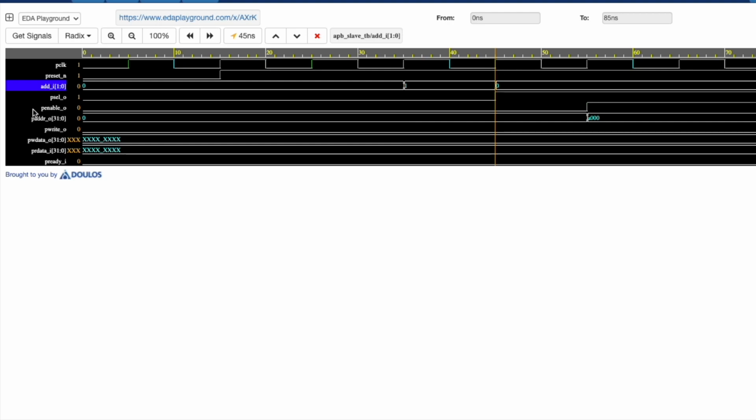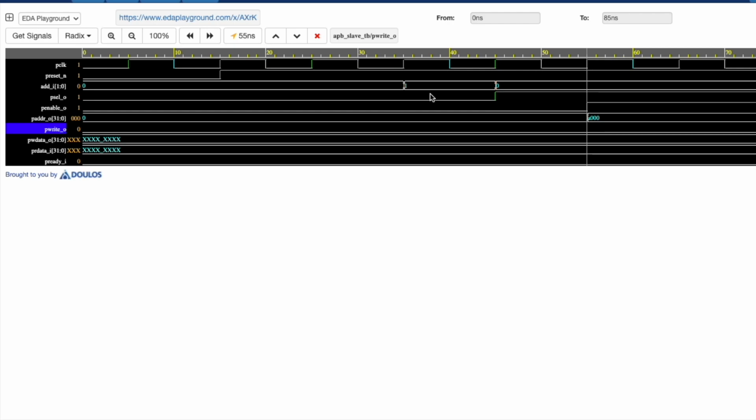So you see that your transactions start with PSEL being driven to 1, which means that you have entered the setup state here. And on the next cycle, your PENABLE becomes 1, which means that you are in the access phase. At that point your address is A followed by 3 zeros, which is what we wanted. PWRITE is 0.